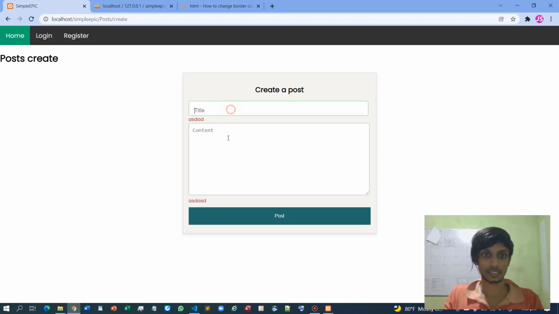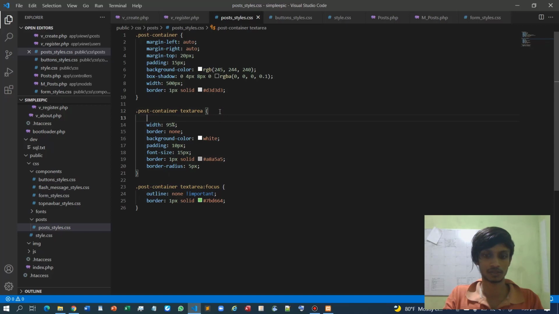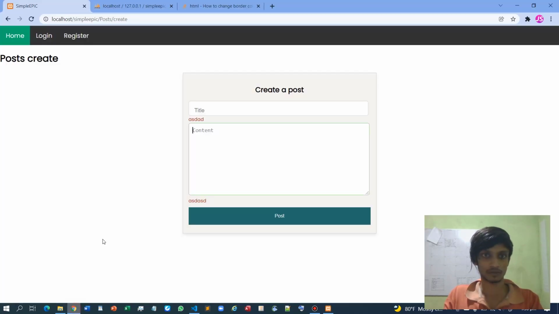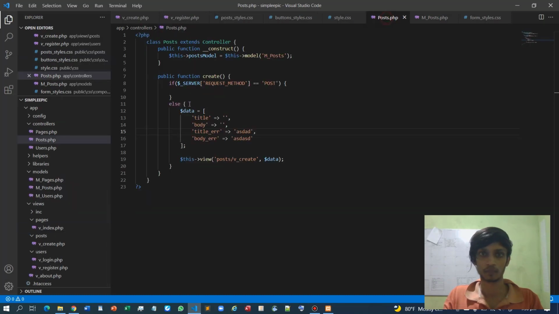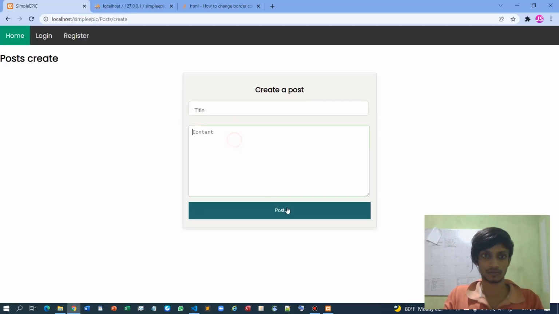Okay, the error handling is working correctly, I guess, but maybe I can add some margin top over here, like 5px. Okay, now let me clear these things. Okay. So now